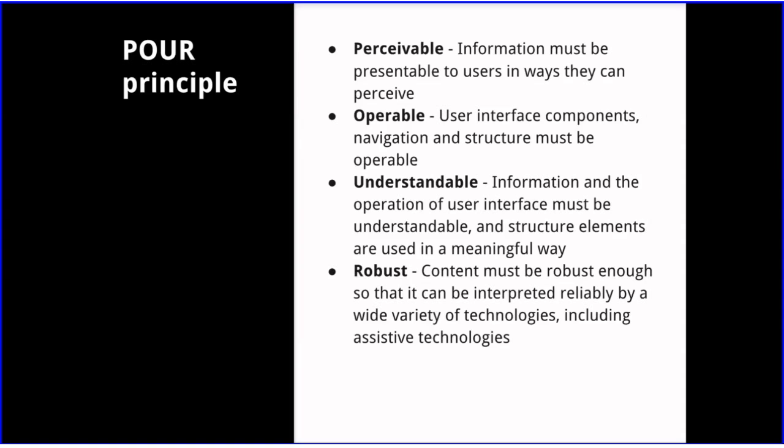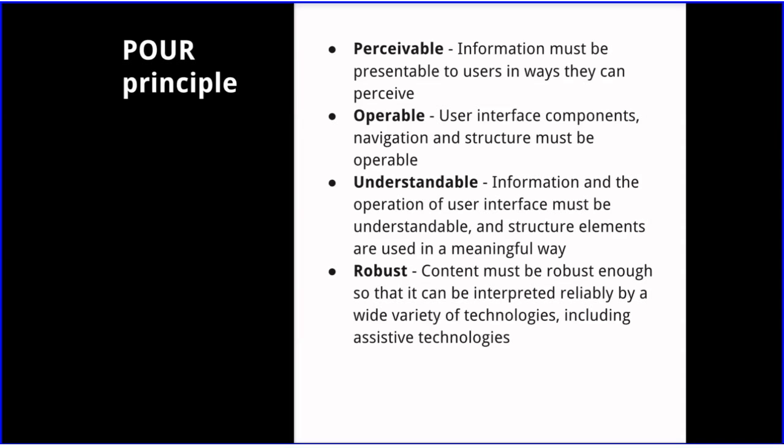if it's presented to users in ways that they can perceive, they can understand, they can take in that information through the senses that are available to them. Operable: user interface components and navigation can be operated by individuals using the means that they are familiar and capable of using. Understandable: information is